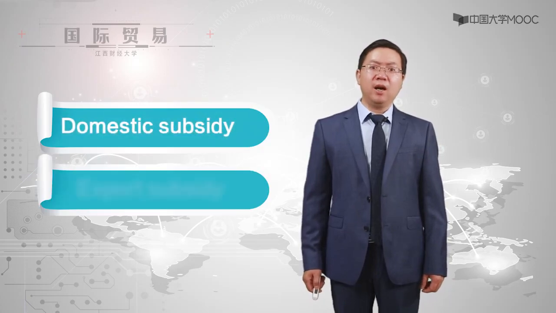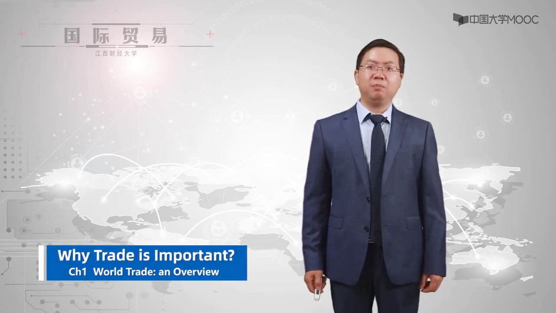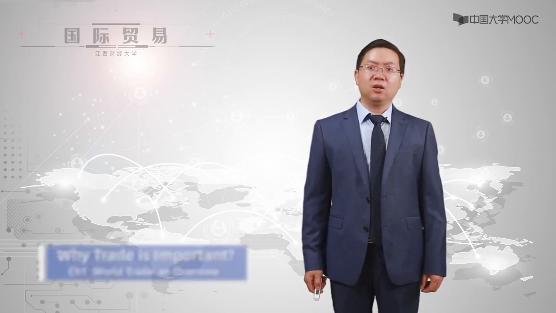In fact, nowadays, advanced countries or country groups, for example, the United States of America and the European Union, are doing just like this. Through domestic subsidies and export subsidies, they are dumping food on the world market and undermining importing countries' food industries. Especially nowadays, the USA is the biggest exporter of food, and China is the biggest importer of food. Undoubtedly, it's dangerous for China. So China must pay attention to this and prepare for a possible food crisis.